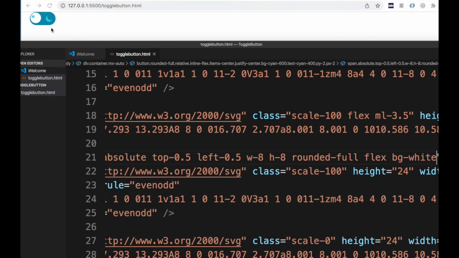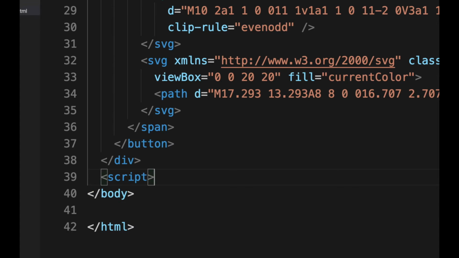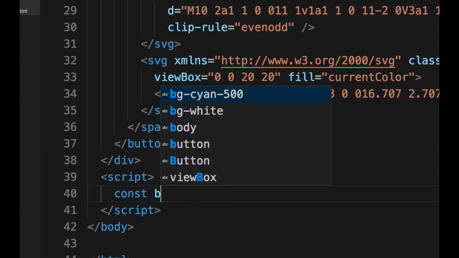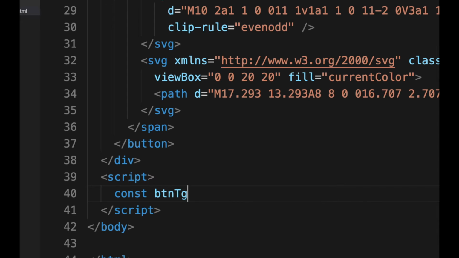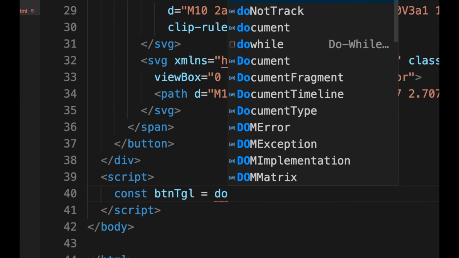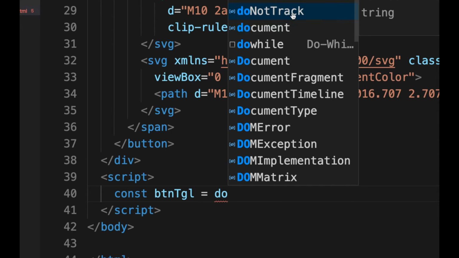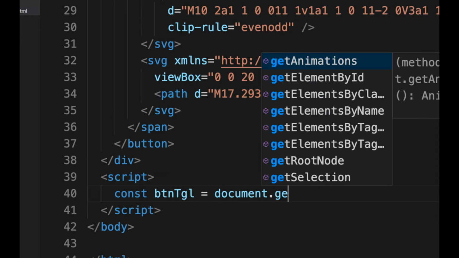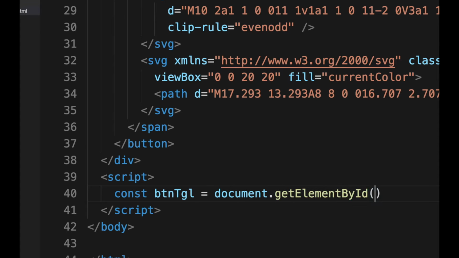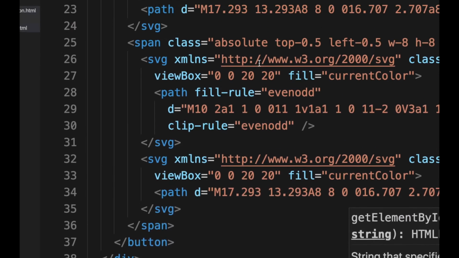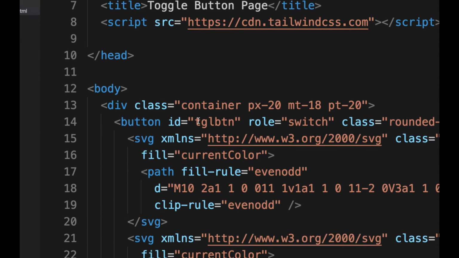For now we will use vanilla JavaScript, and while we have this script tag, now we need to get the toggle button. So let's say we say ID, and then we already have the ID here, so we'll just copy this, and now